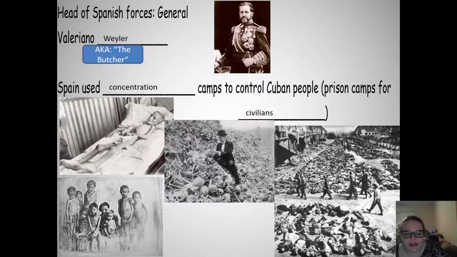The way these concentration camps were set up, if you left or tried to leave, you were killed. If you managed to get out and then tried to sneak back in, you were killed. Now, keep in mind, these people, they're not necessarily sneaking out to go be part of the rebels. They're sneaking out because they're starving, right? They want to go find food. A lot of these people are wanting to go hunting or fishing, and they're not allowed to. So they sneak out to try to find food, and they get killed that way.